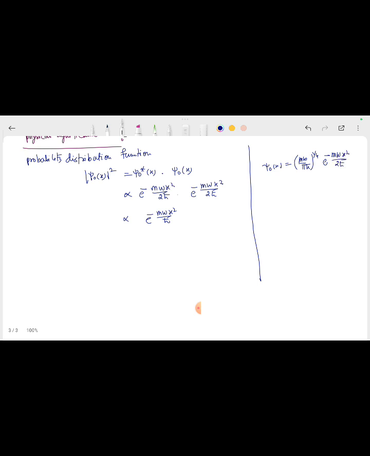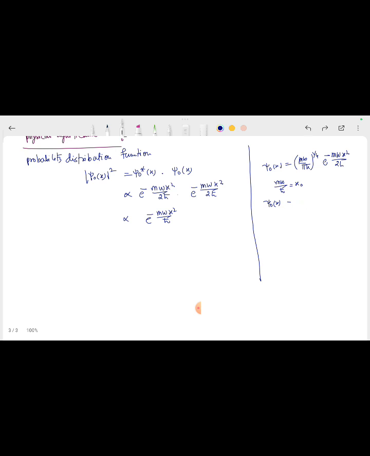So let us take m omega upon h cut equal to x naught. Take a common. So psi 0(x) equals to